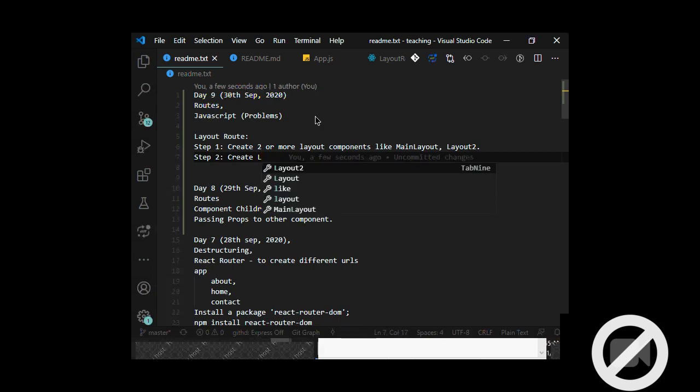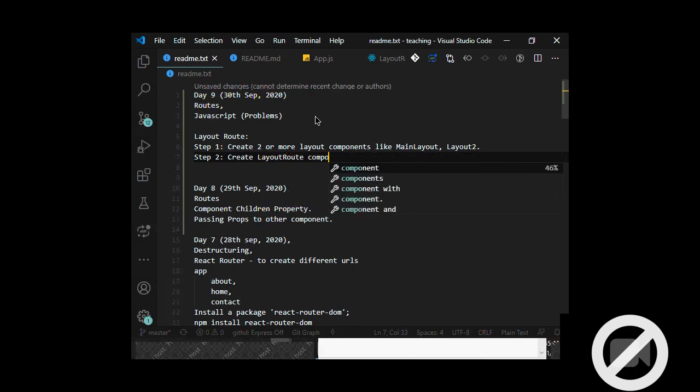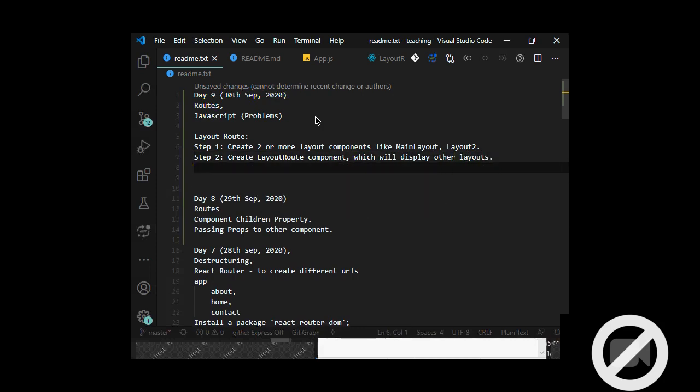Now what is the name of that one? Yeah, layout route component, which will display other layouts. And then step 3, in app.js,